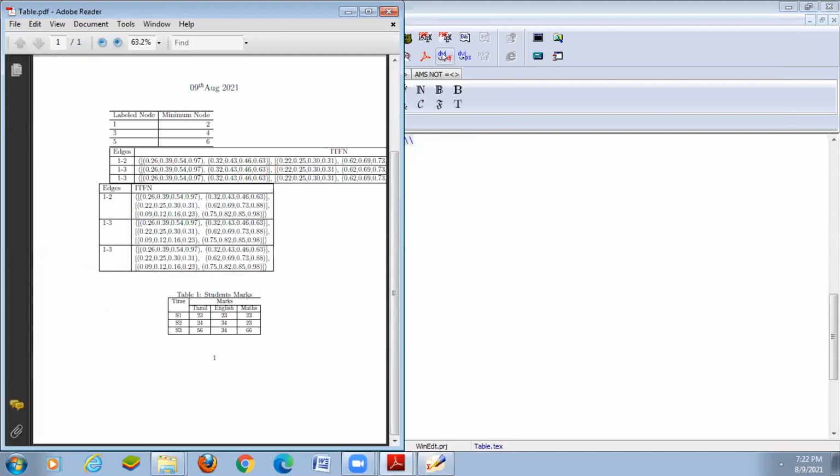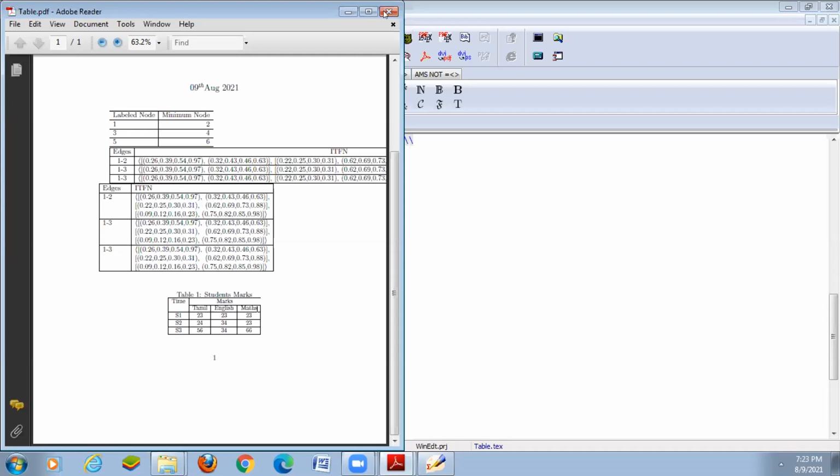So the table was displayed in the center. So this is the use of caption. So Table 1, student name. Okay. Automatically the table number will be generated. Okay. Suppose you begin and end the table, the table number is automatically generated. Table 1, 2, 3, etc., and it goes on. Okay.